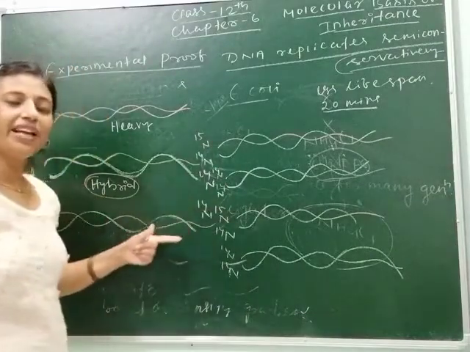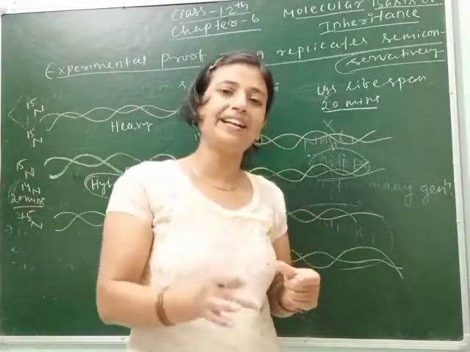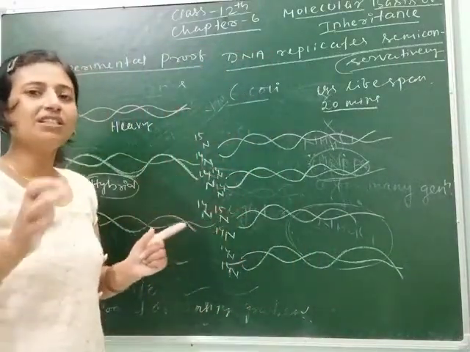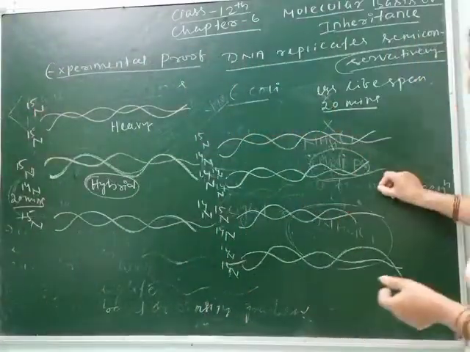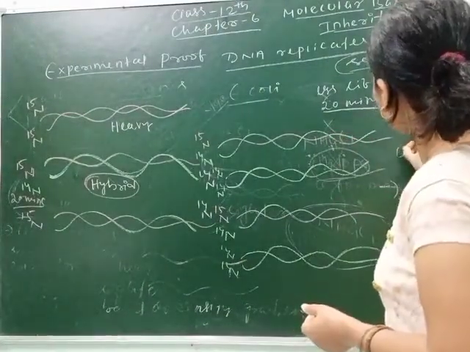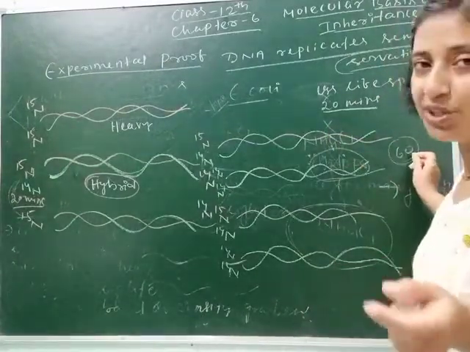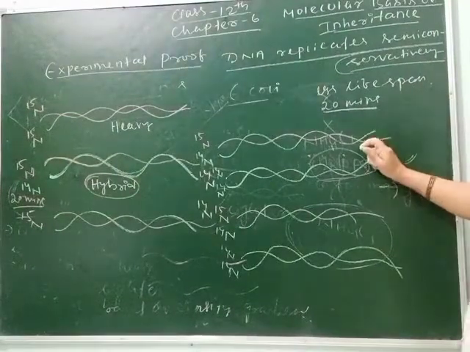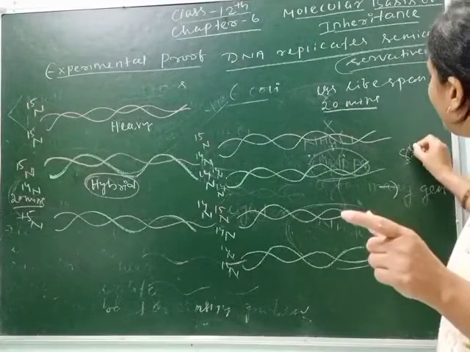From this experiment, we can say that only a single strand can form its replica at a time. So both the strands, when they get separated, have copies formed. Again, how many pairs will be formed after 60 minutes? But this 60 minutes is skipped in your book to make you confused. In your NCERT book, the question is asked how many E. coli or how many DNAs will form after 80 minutes.